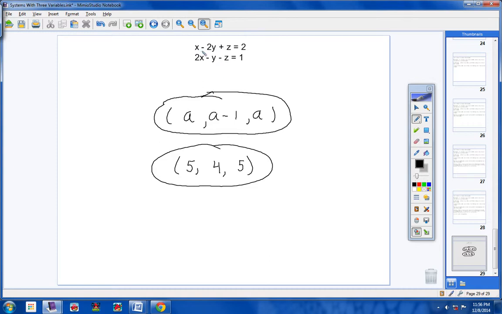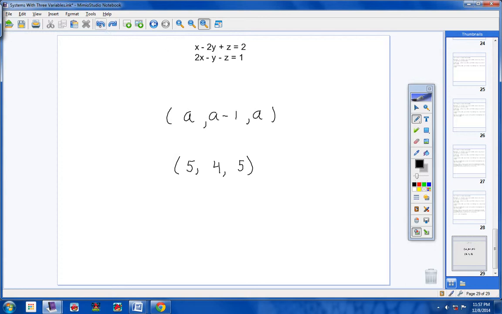And I'm not sure why it's not working, but trust me, it does work, and that is what this does for you. And if you're kind of wondering, does Mr. Hart know what he's doing, you can try it in your homework, and you'll see if you get the answer correct, that when you pick a number for a and put it in, this ordered triple will satisfy the equation up here, okay? I'm not sure why it's not, but anyways, that's it, guys. I hope this video has been a help to you. If you have any questions, don't